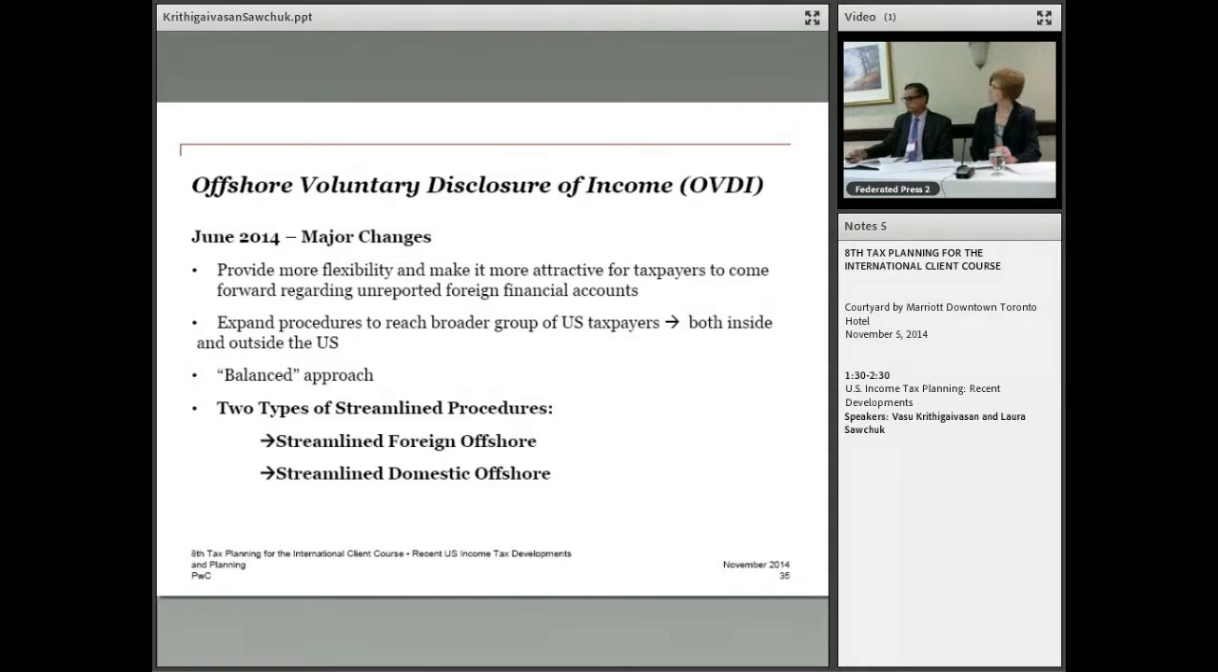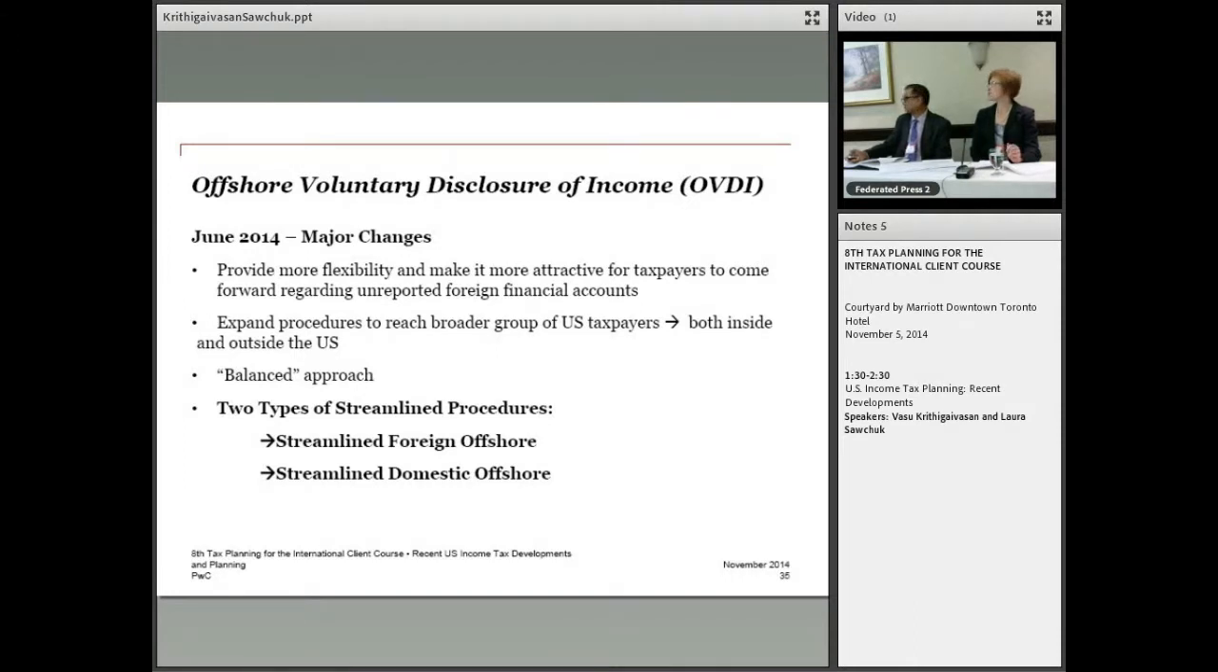And they've made some changes to the streamlined procedures. They've introduced streamlined foreign offshore procedures for what they call U.S. non-residents and streamlined domestic offshore procedures for U.S. residents. Now, for the purpose of OVDI and the streamlined procedures, residency is determined differently than it is under the